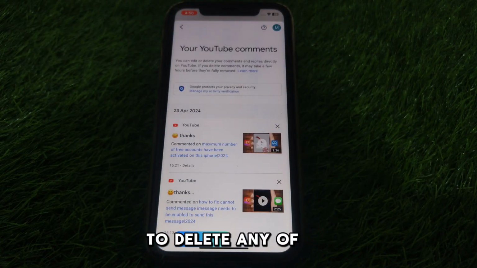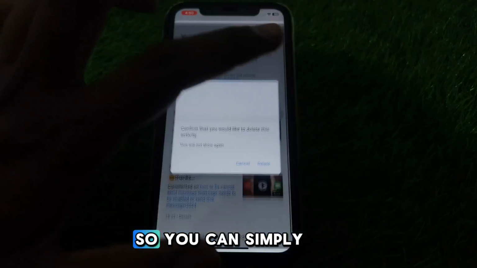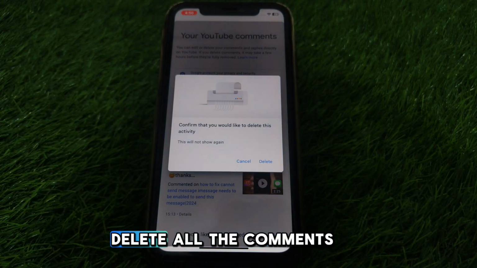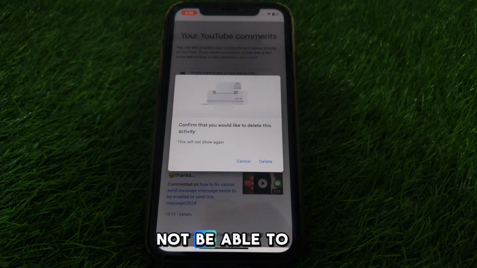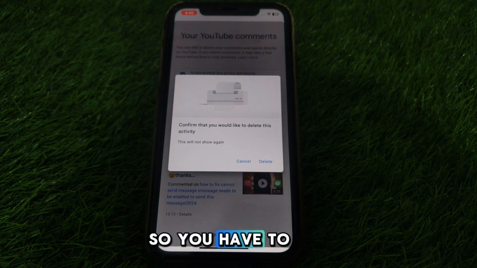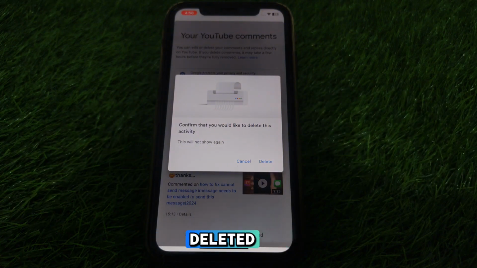So if you want to delete any of the comments from here, you can see all the comments, and you can simply delete the comments from here. After that, you will not be able to recover them again. So you have to make sure that if you want to delete a comment, it will be deleted permanently